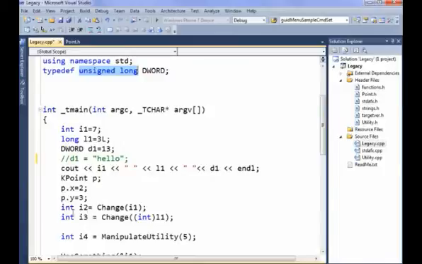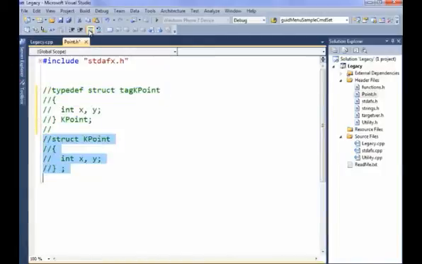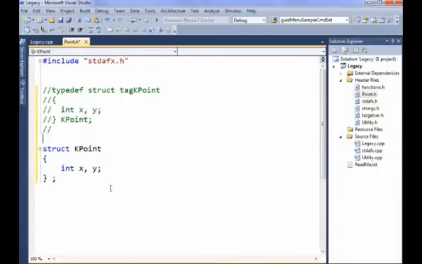When you've done that, then you can write this kind of code. I have a kpoint called P and then talk to its X and its Y. And all of that's legitimate. This builds fine. You can see down here it says build succeeded, but it's just kind of pointless today. If I take this code and comment it out, then take this and uncomment it, you'll see this is a much more readable, simple version of the exact same thing, struct kpoint that has an X and a Y.